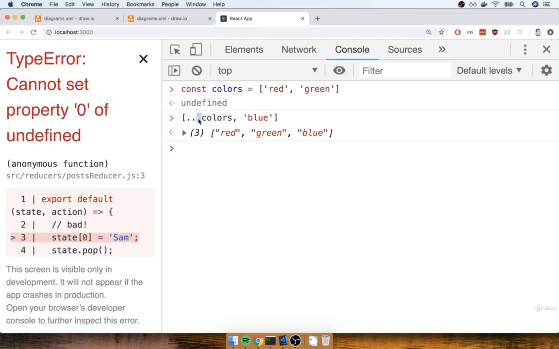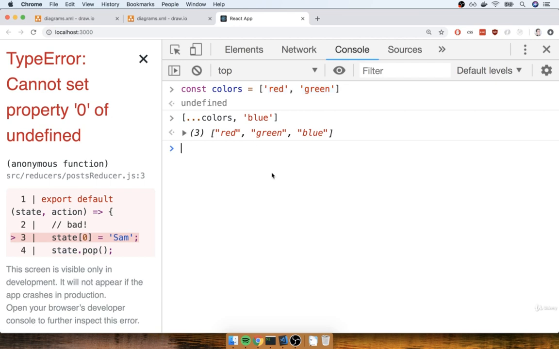So the syntax you see right here is a little bit of ES2015 syntax. This is going to take all of the elements out of the colors array and add them into this new array that we've created right here. When we put down the square brackets, that is creating a new array in memory. And so we are not going to be modifying or making any change to the original array, and we are creating a brand new one, so Redux is going to notice that we have now returned some entirely new value from our reducer.